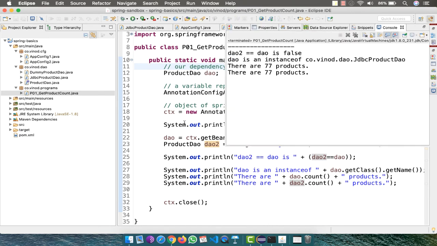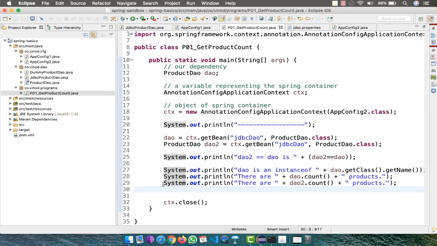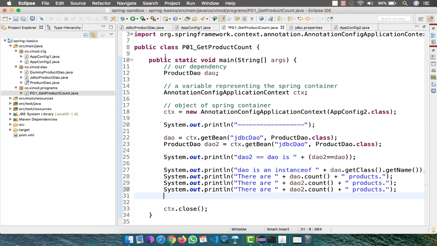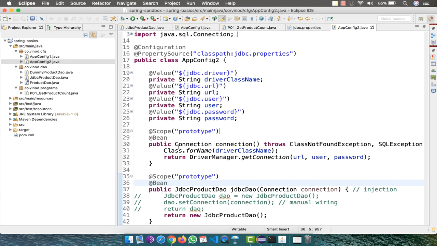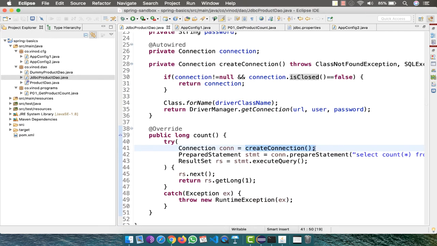I got it. But if I make use of the same DAO object and call this another time, I might run into a problem. And that's because now here we are using the same DAO object, the connection is not recreated. So even making the objects prototypes is not a solution. There is also another issue when you are using the common connection object. If there are multiple clients trying to make use of the same connection, then all of them will be working